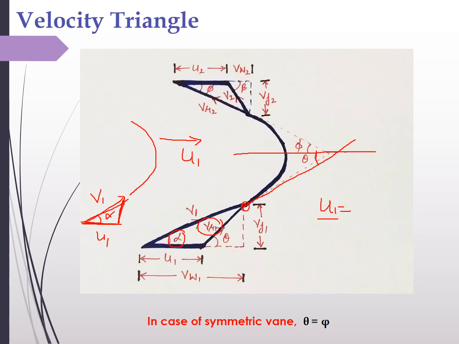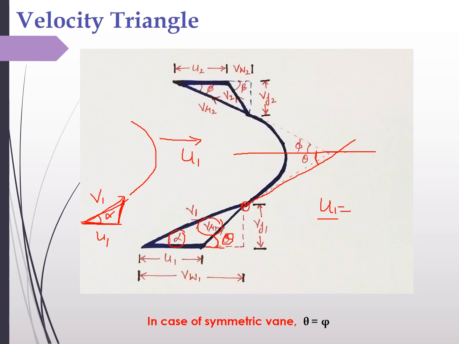So this angle is an alternate angle to this one. So here we can also write it as theta, which is the vane angle at the inlet. As I told you, this angle theta will be with the relative velocity component, and the vane angle which we have drawn is always with the relative velocity component.